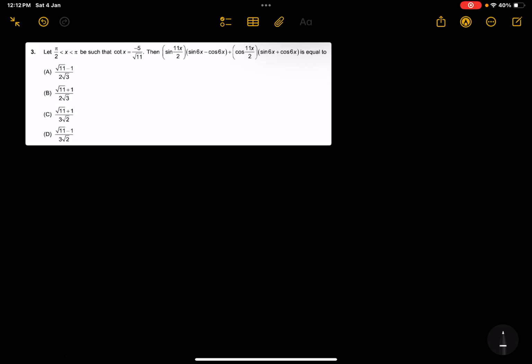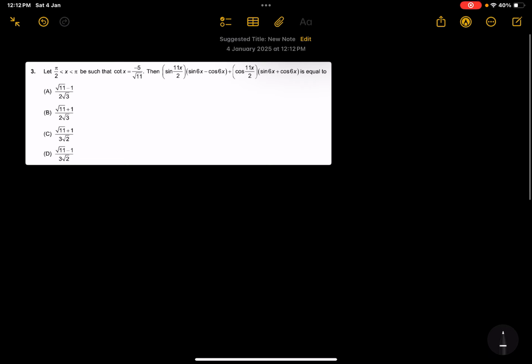So we have a question from trigonometry here, and there is a complicated looking expression. First, to simplify it a bit, let's replace 11x by 2 by a and 6x by b. Obviously a and b are related, but just to simplify the calculation for a bit, I am replacing them by a and b. We get sine a into sine b minus cos b